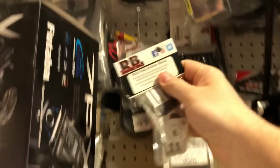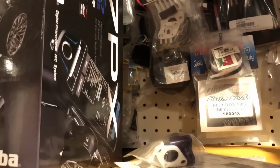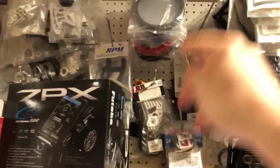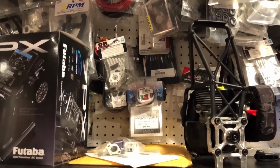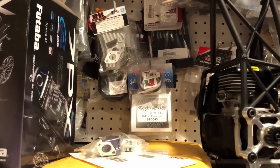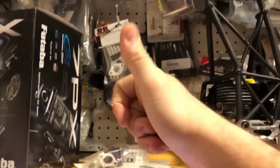All right, I was on the phone with Steve from DDM for over an hour, and I wound up buying Outerwears. I wound up buying more intake manifolds that I don't need for the smaller engine and the bigger engine. He told me that RB Innovations is alive and well, still kicking, still doing what they got to do. And he's the one that also told me that it was Team Chase that was discontinuing their diaphragm filter. So no worries, the RB intake is still